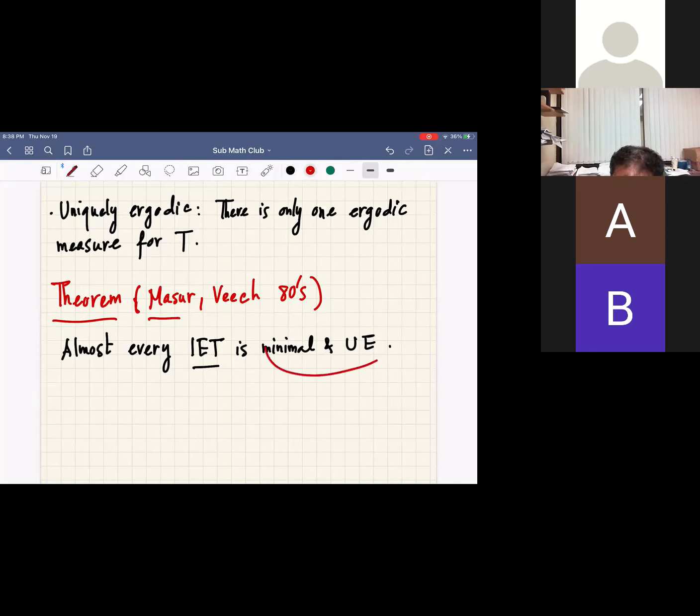So let's call it complex, in terms of dynamical systems, something interesting. For example, when you pick a point and iterate the interval exchange map, its orbit is going to visit essentially everywhere on the interval. Okay, so